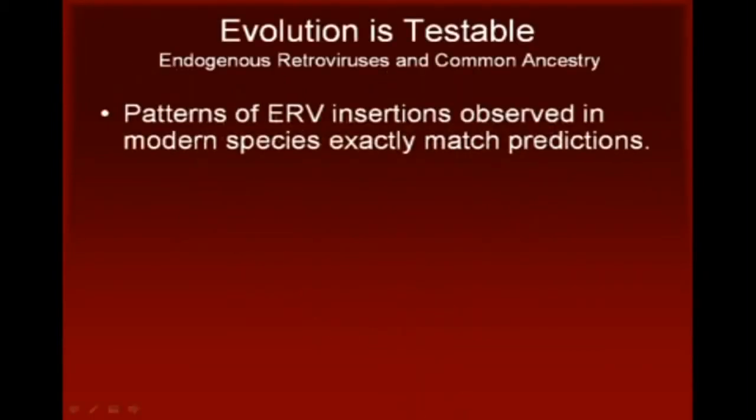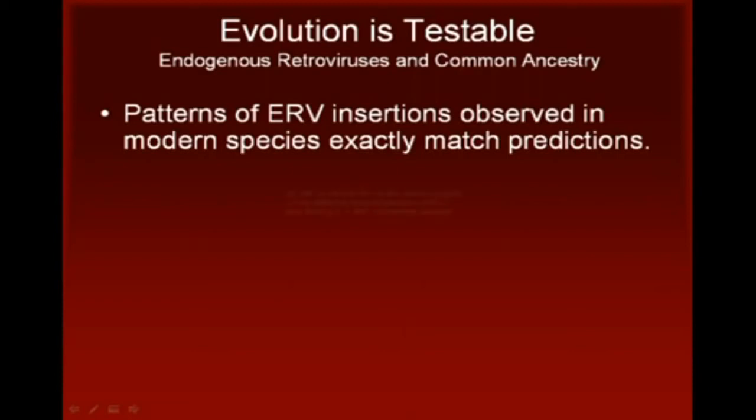The patterns of ERV insertions observed in modern species exactly match the predictions made by the model just described. Some insertions are shared between primates and rodents and represent truly ancient viral infections. Others are found only in primates and not in other species, obviously derived from an infection of the ancestral primate species after its divergence from other lineages. More modern insertions are found only in humans, while the youngest ERVs of all are found in some humans but